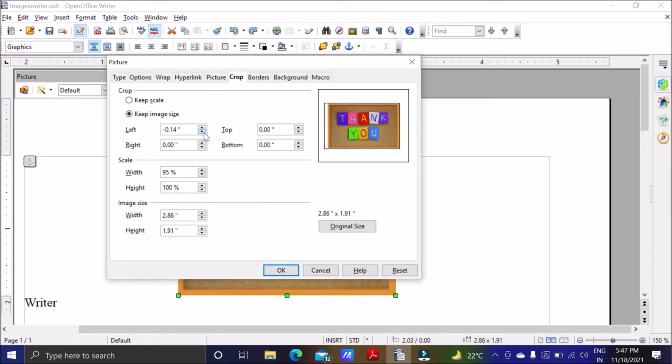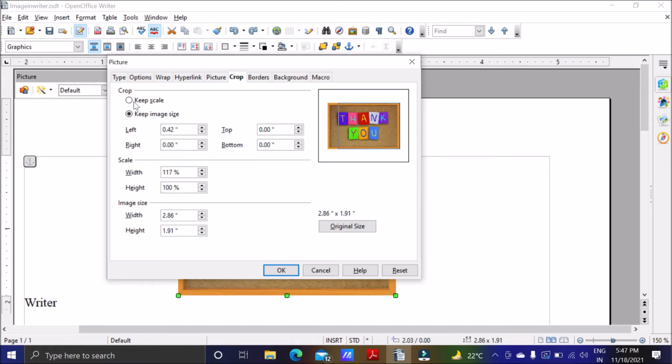Suppose I do this like this. By default, scale will be 100%. Means when you have the original image, then the scale will be width is 100%, height is 100%. Okay. Now suppose I am increasing the left cut. Now you can see width is 117% and height is 100, because height we have not changed, width we have changed. So this scale will be changed.